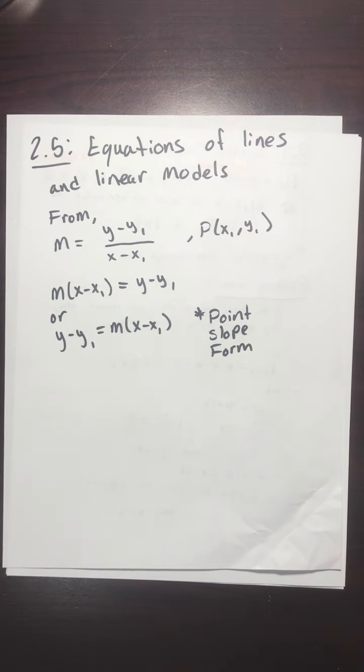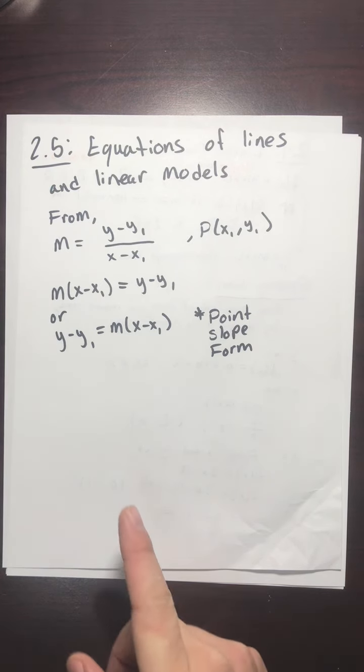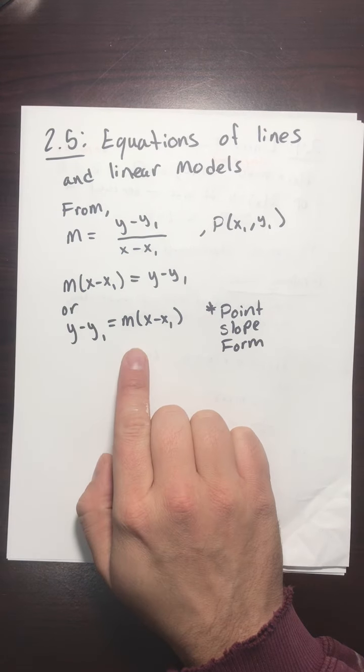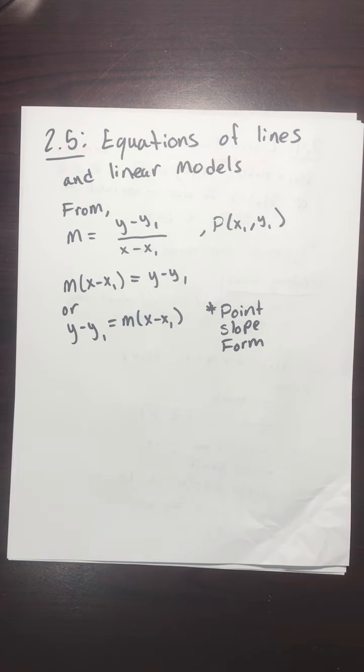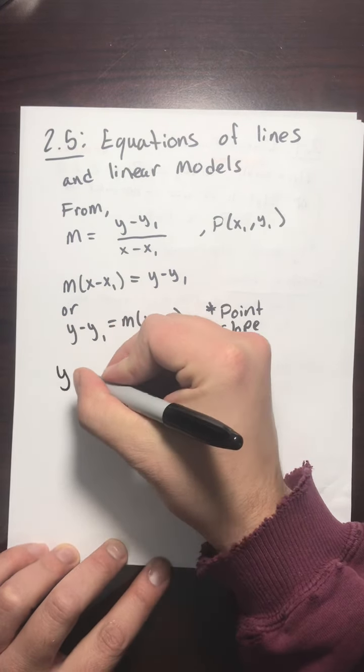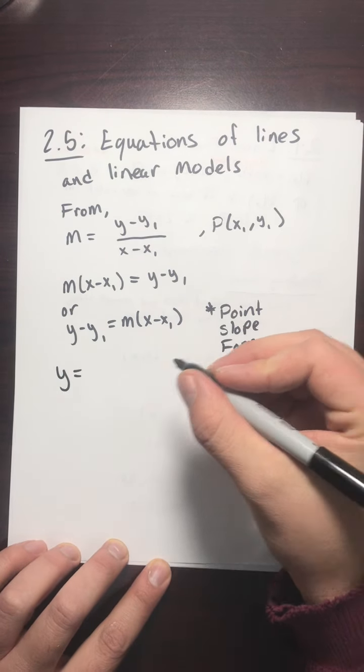If you multiplied both sides by x minus x1, you would have m times the quantity x minus x1, which if we rewrote that to make it look a little more usual, y minus y1 equals m times the quantity x minus x1. We call that point slope form of a line, and if we were to add y1 to both sides,